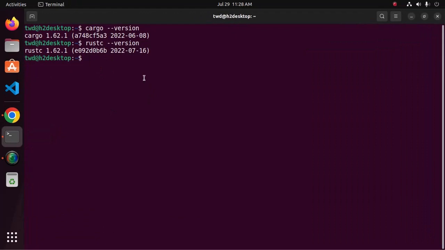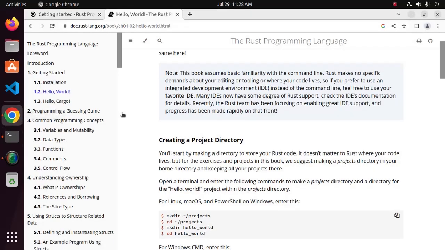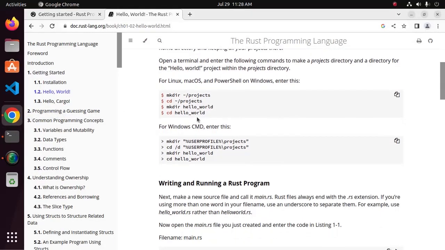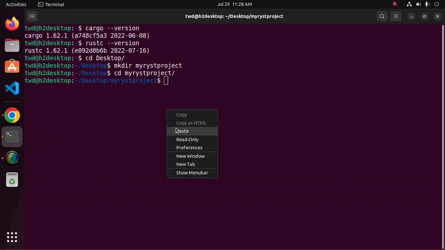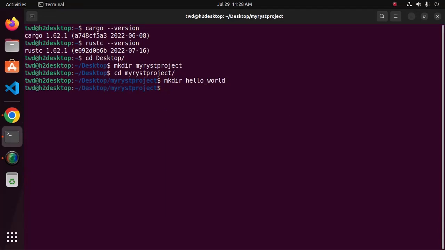I am going to create the project directory on my desktop and then navigate to this directory by cd, and also create a directory, name it hello world. Okay, now navigate to hello world